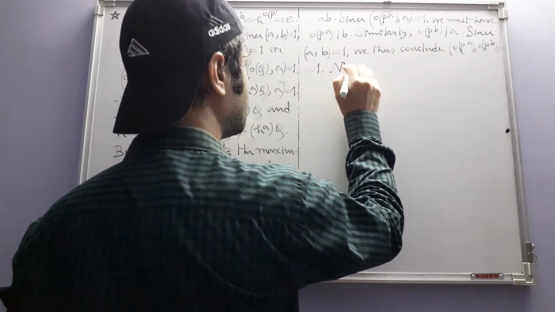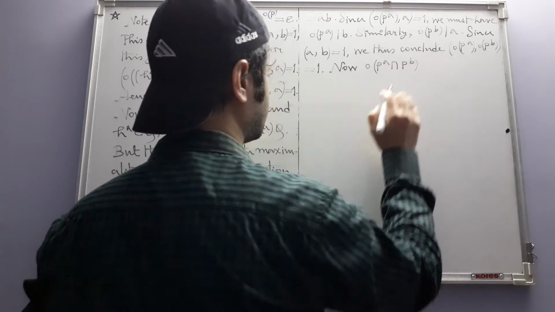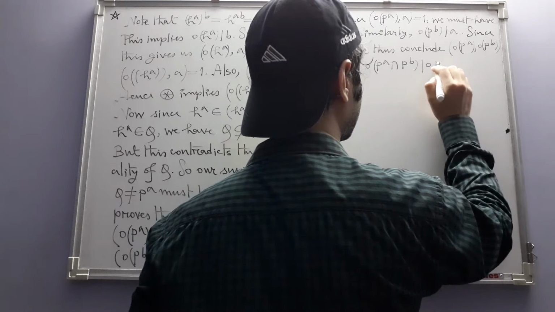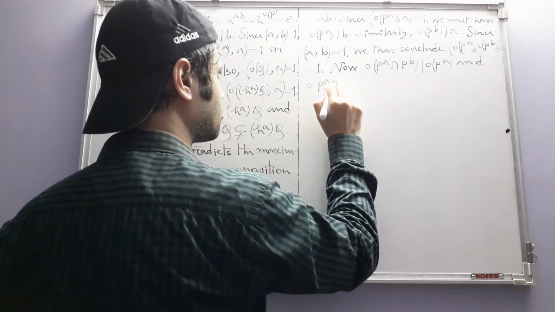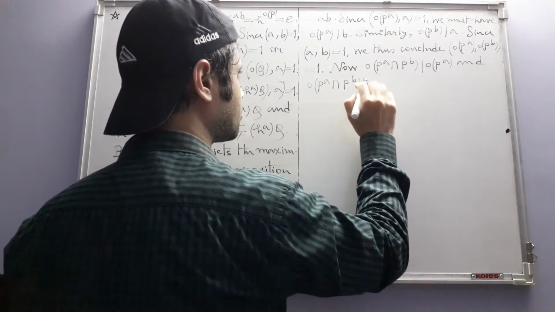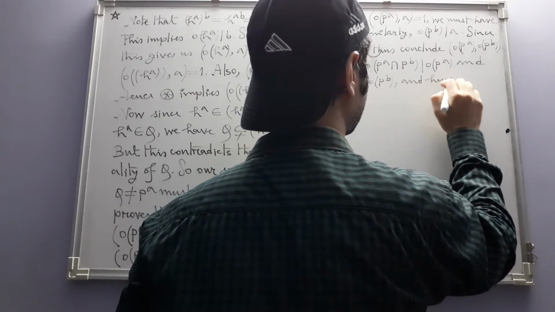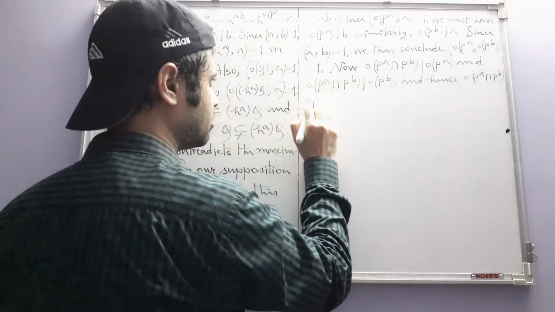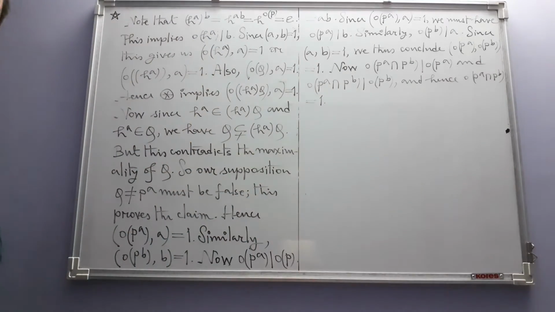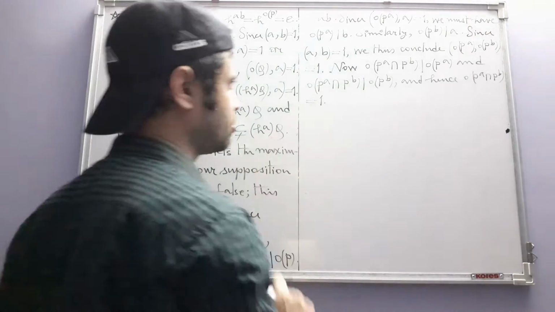Now, order of the intersection of these two subgroups divides both the orders, and hence the intersection must be equal to the subgroup consisting of only the identity element, that is, its order should be 1, because it's a common divisor of order of PA and order of PB, which are relatively prime. So that means this should be equal to 1. Hence,